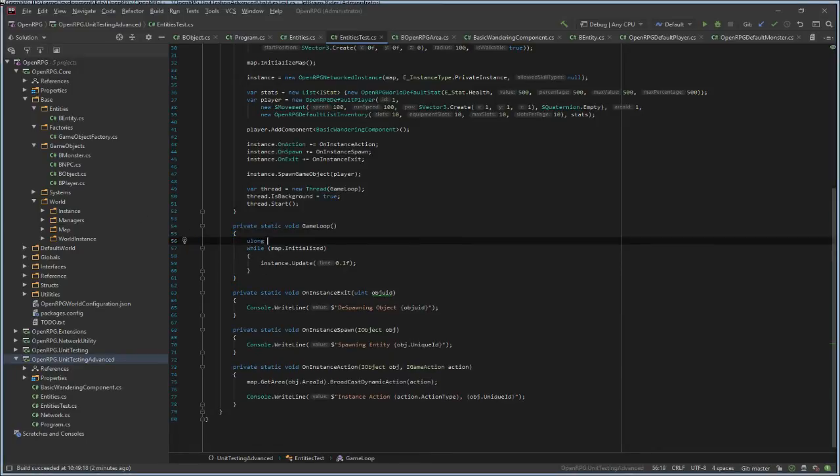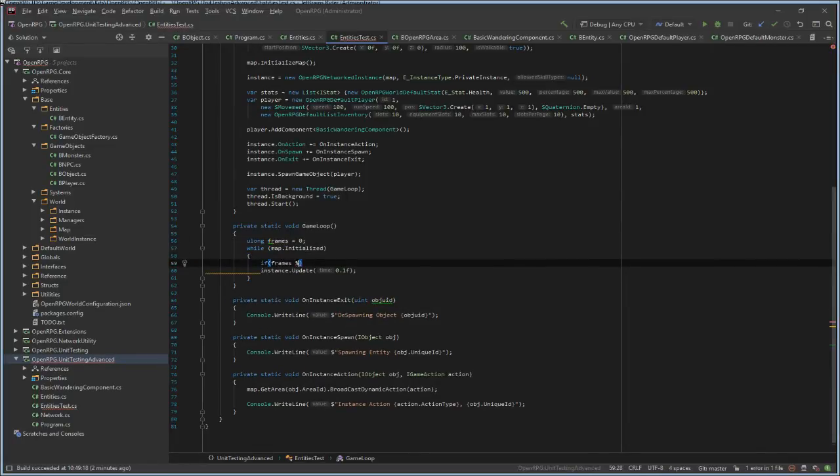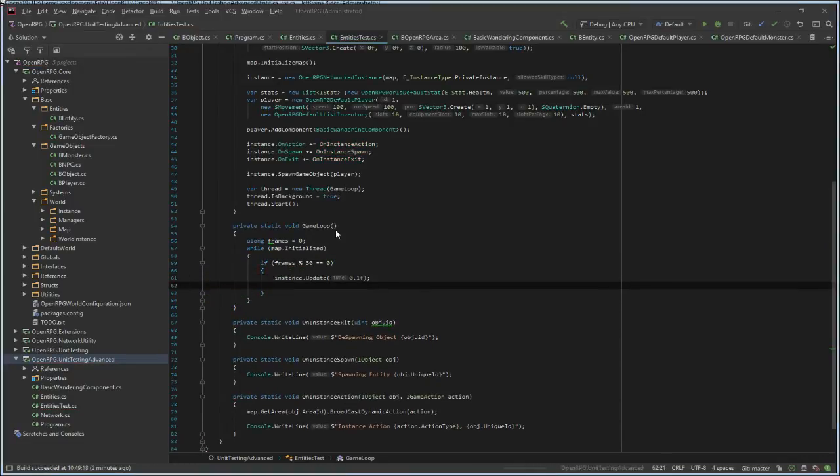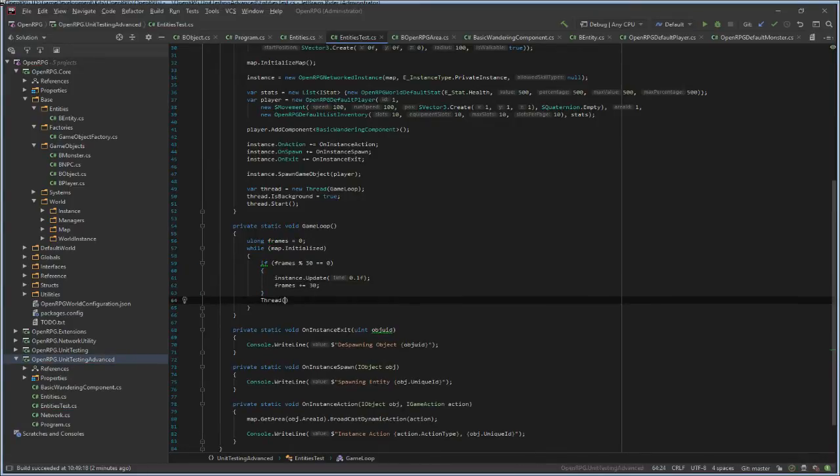I'll just have to do something like this. If frames 13 equals 3 equals 0, what do I have to do now? Add 30 frames in here.